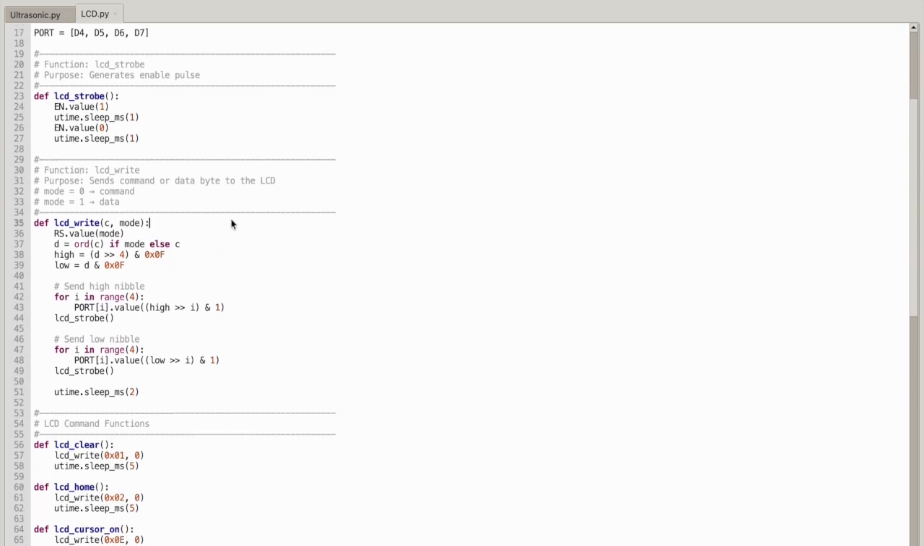Okay, the function LCD strobe sends a short enable pulse to the LCD every time we send data. It basically turns the enable pin on and off very quickly to latch the command or data. The LCD write